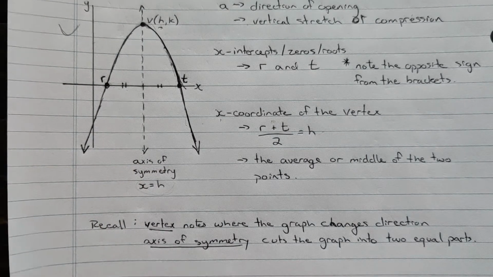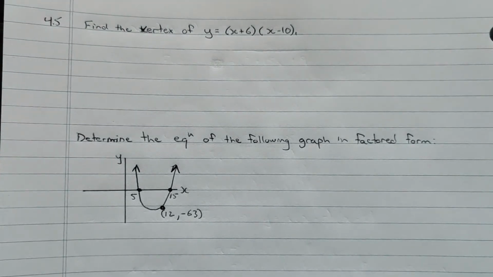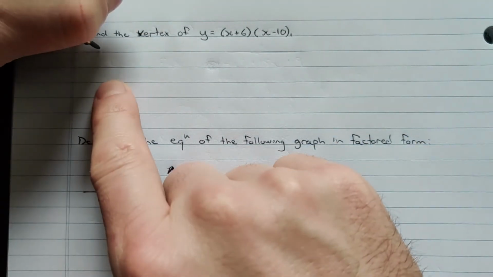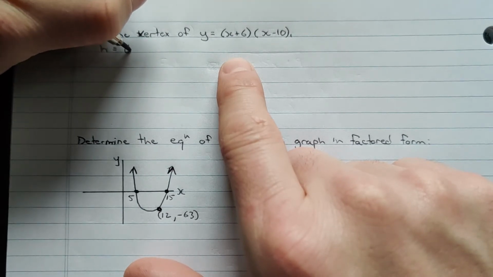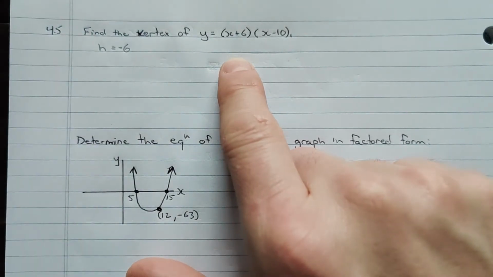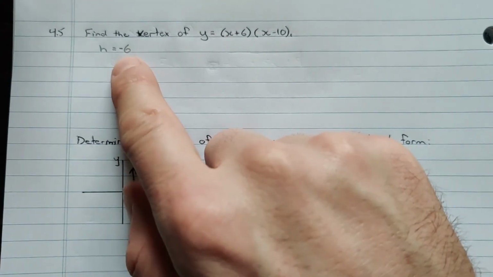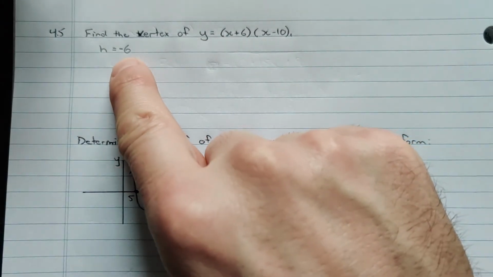So now, a little bit of application of it. If you're given an equation like y equals (x plus 6)(x minus 10), and you want to find the vertex, we said the vertex is at the average of these, the middle of these 2 points. So the h value of the vertex is equal to positive 6, no, negative 6. Why? This is in the brackets, so whenever we pull it out of the brackets, it becomes opposite. That's why we use the x minus r, x minus t. So the opposite sign, negative 6,